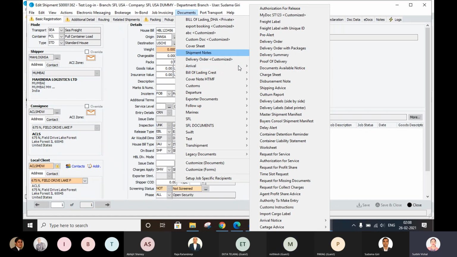That will be another team which will connect to you and notify you through email that this container is going to arrive within 7 days and its arrival notice has not been sent yet.